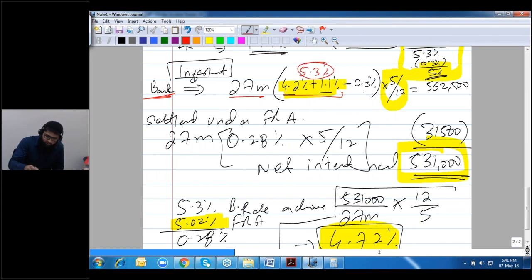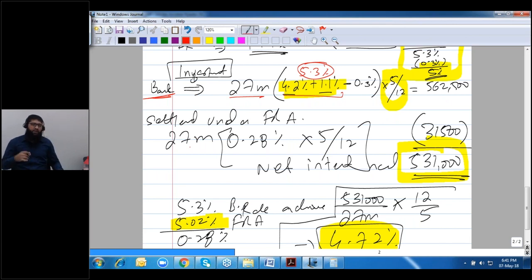Minus the credit spread of 0.3%. So this is invested at 5% into 5 divided by 12. So we end up getting 562,500. And the next thing is that what actually happens when we talk about the settlement under the